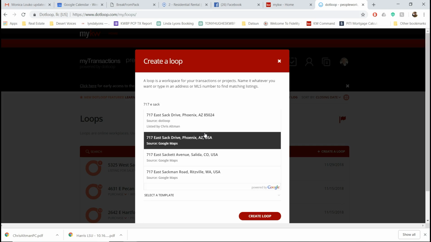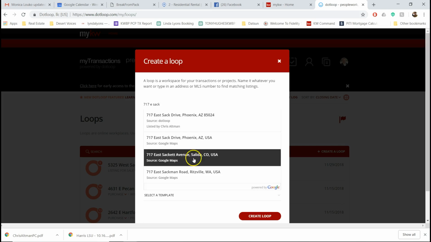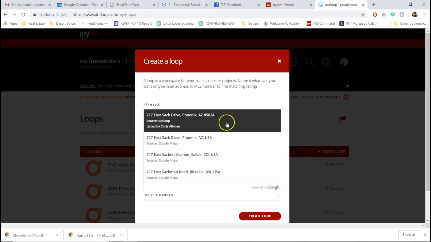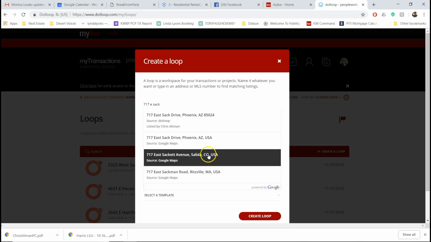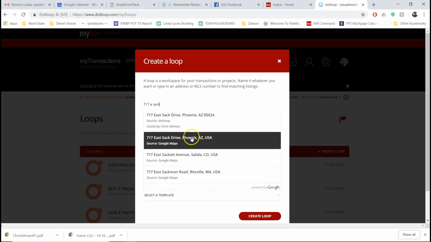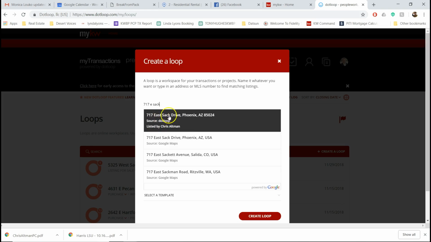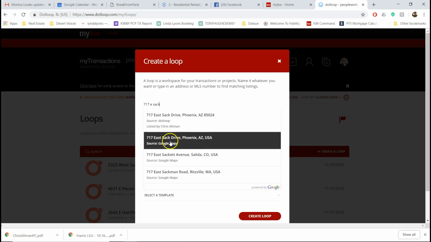how it works here. As I start typing that in, it's looking for all kinds of things. It sees that there's a Loop already done for that. Google Maps is finding that in Phoenix. It's also finding it in Colorado and Washington. When I click, you probably don't have one that's already started in Loop, so this option would be here. If you click on the Google Maps result right there, what that's going to do is pre-populate all the address fields